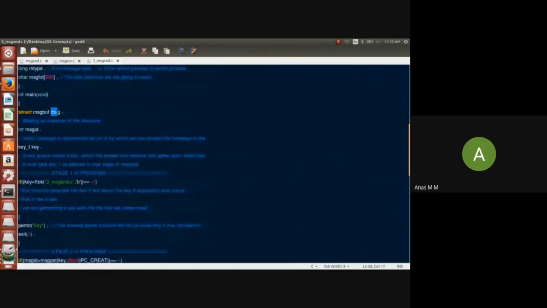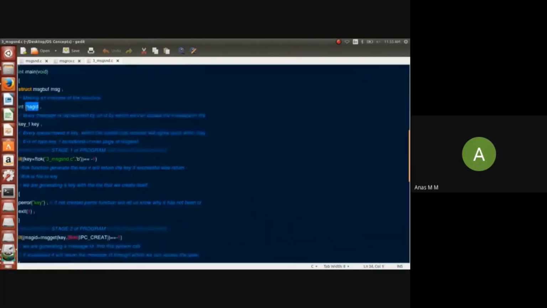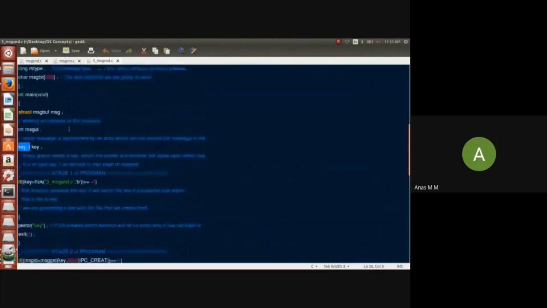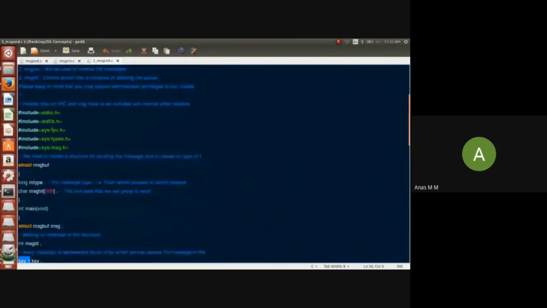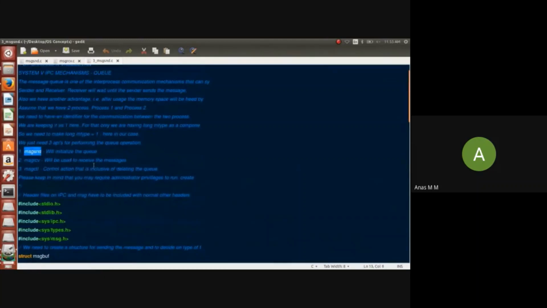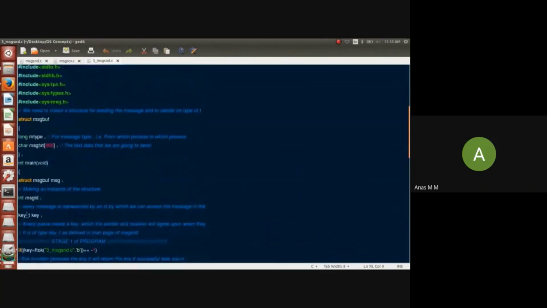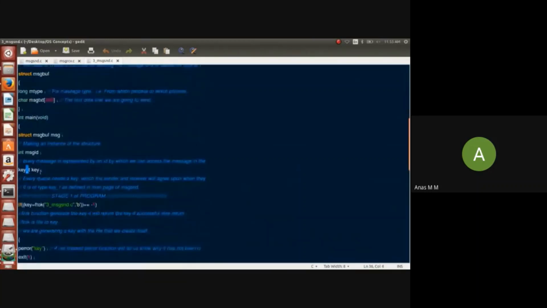Now I come to the main code. I create an instance of the structure called msg, and now I have something called message ID. We will use both of these later, so put it on hold as of now. And we have something called key_t. That's the key. We have a key here. This key is of the type key_t, and every queue must have a key. And this key_t is defined in the system header for message send. I told you we have a system call called message send here. This message send has got the complete definition of key_t. So I need a key for my queue.